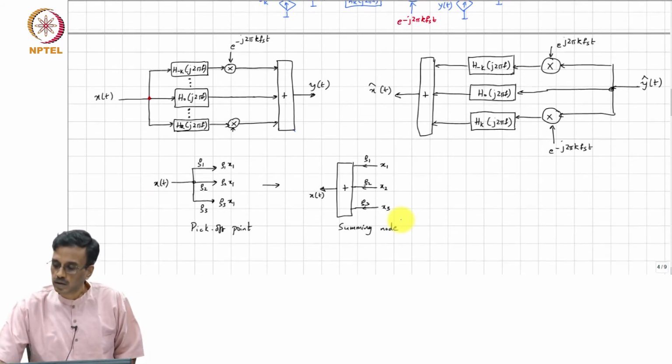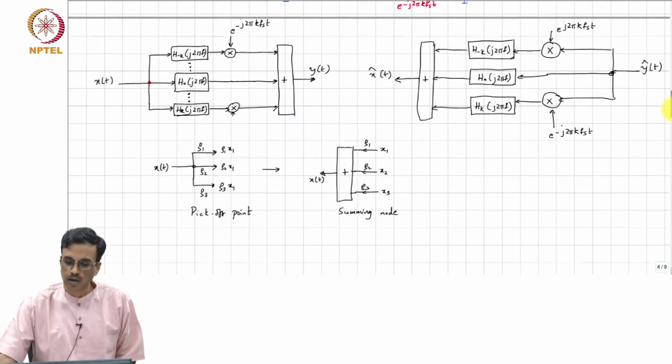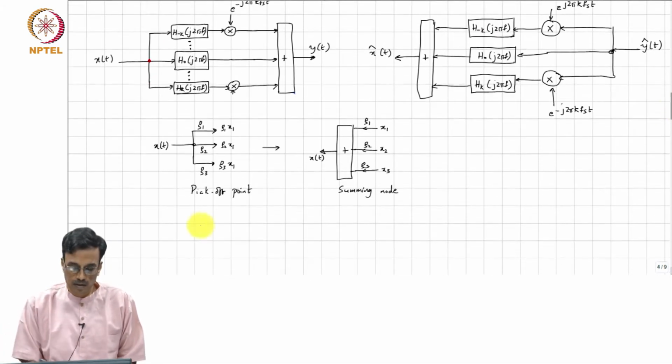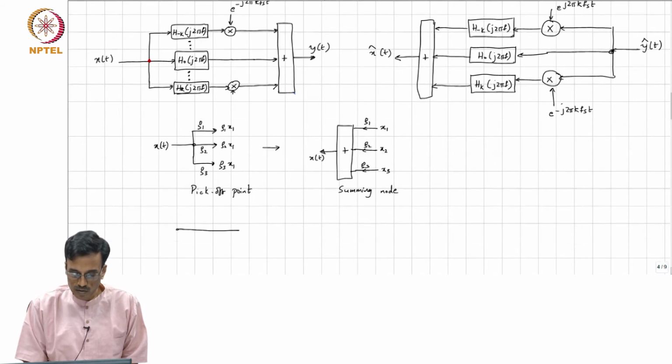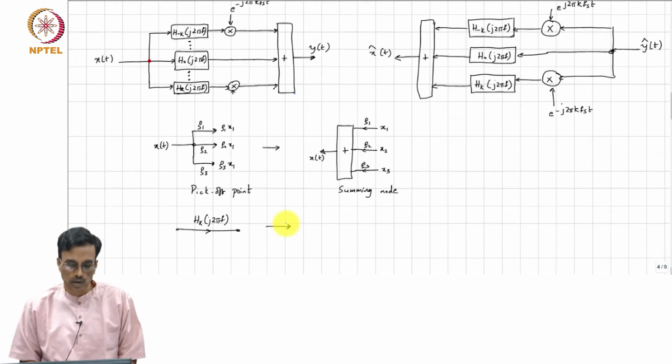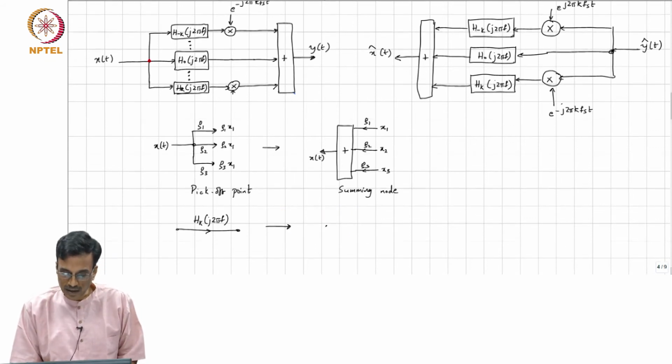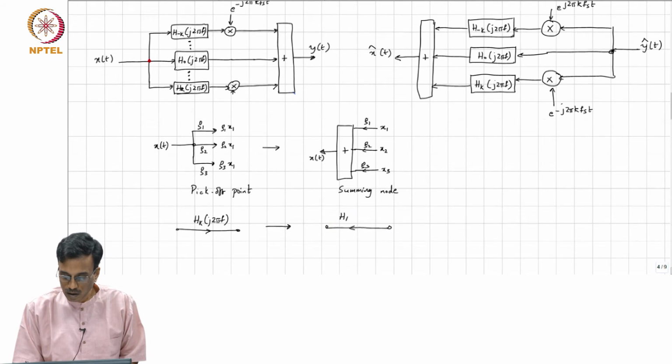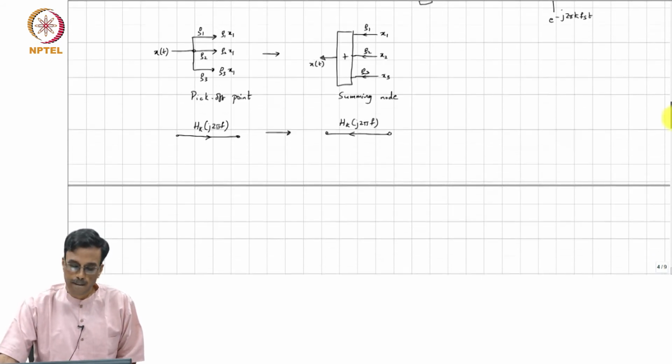All right. So, what comment can we make about a time invariant gain? So, if in the original signal flow graph it was say some h sub k of j 2 pi f, in the adjoint signal flow graph what should you do? The gain remains the same, but direction must be reversed. Right.